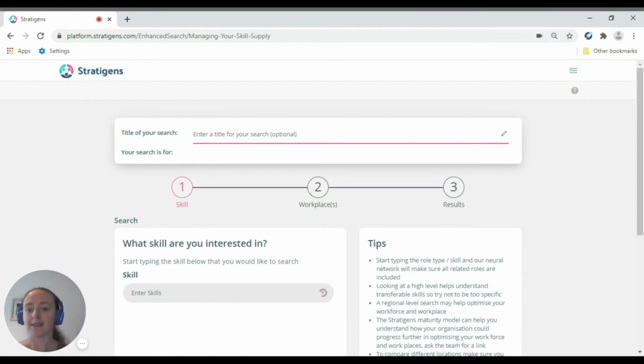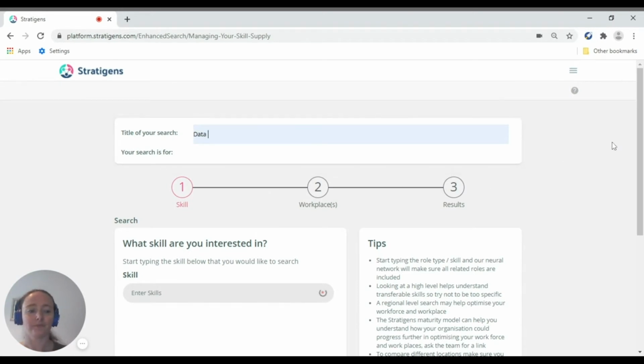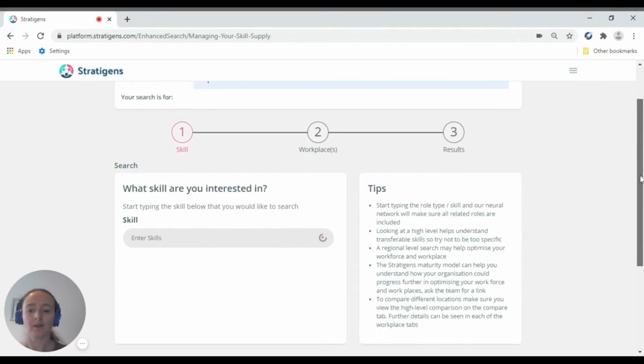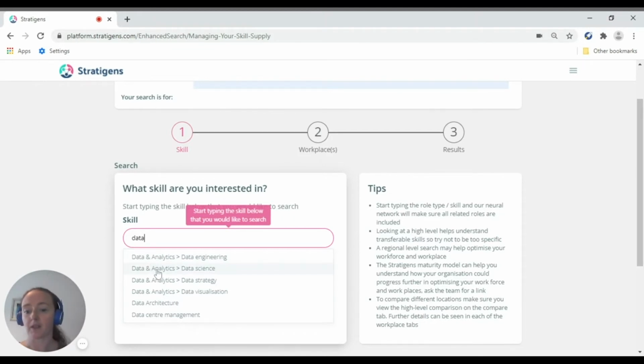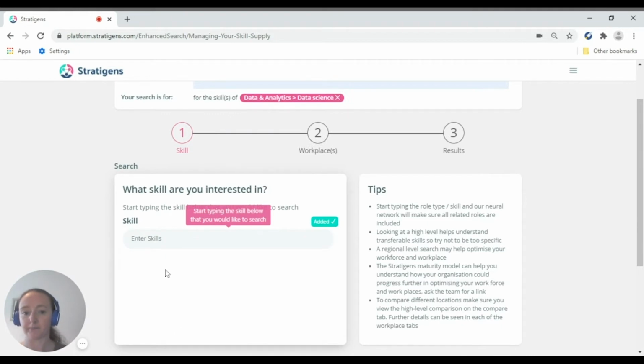So in this instance, we're going to look for data scientists, so let's call it data. Then you start typing in the skill that you're looking for in this box. As you begin to type, our neural network will bring up suggestions for what you might be looking for in the drop-down box. Click the one you want, data science,